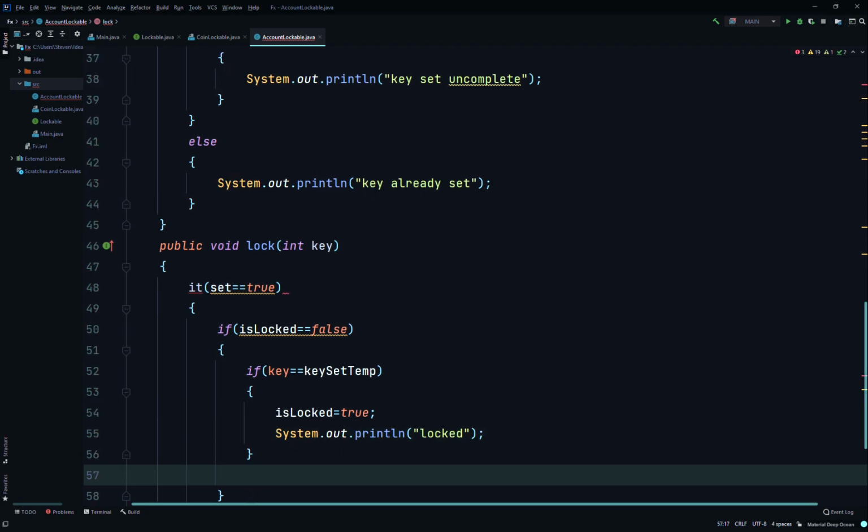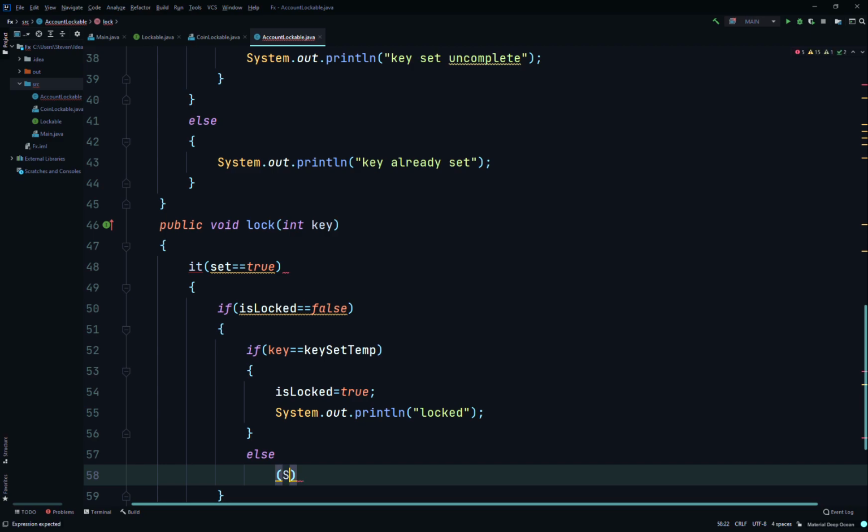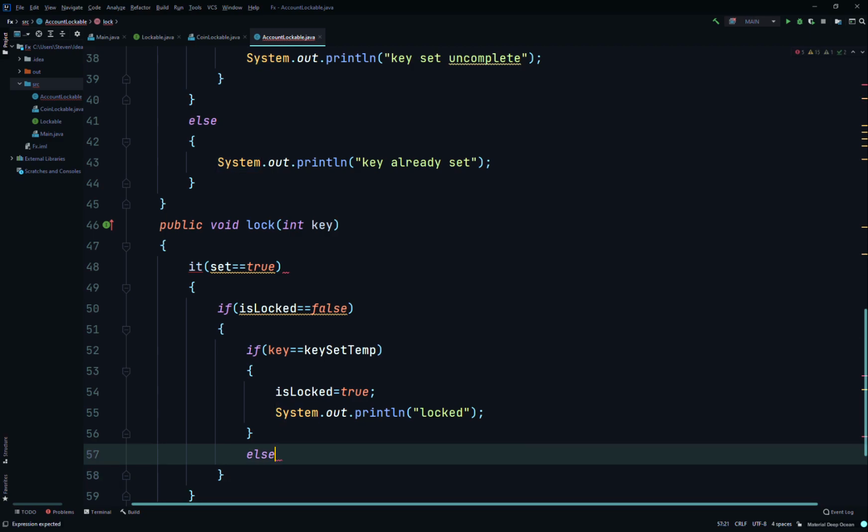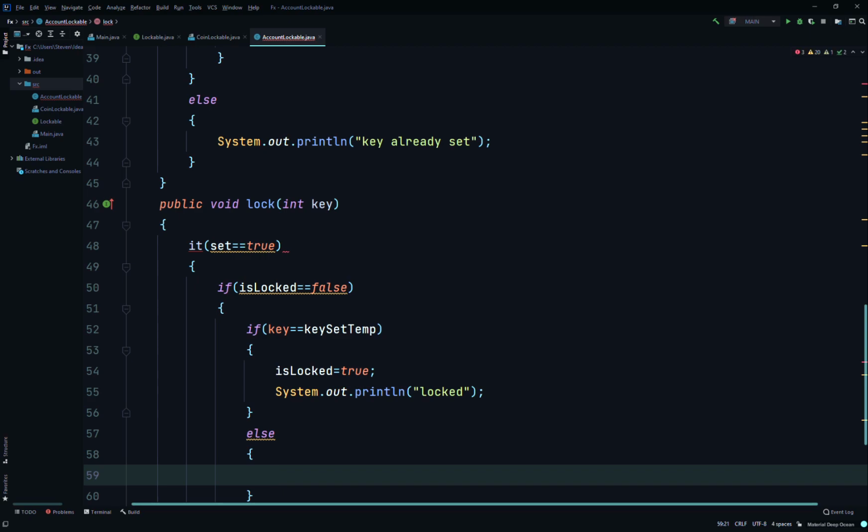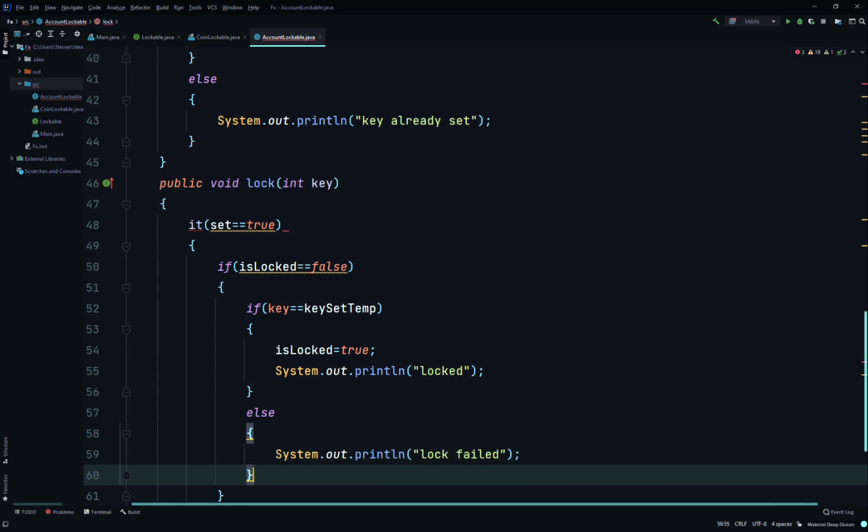And if the key does not match, if key does not equal key set temp, then we'll say else. We'll System.out.println, and we'll say lock failed. Then under that,